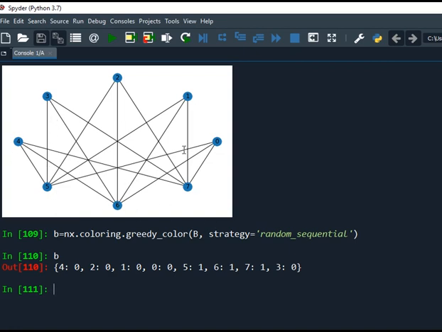So basically only 2 colors are used, and it's trivial because ultimately the first partite set forms an independent set. The second partite set also forms an independent set, so we can assign a unique color to each of the partite sets. So for this class of graphs, the vertex chromatic number is 2, because using 2 colors we are able to color all the vertices of the graph.